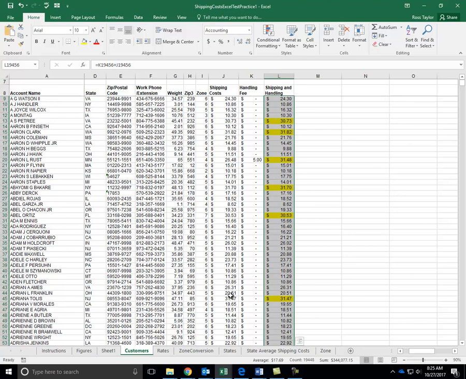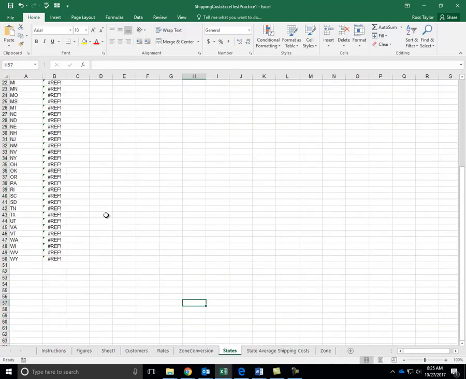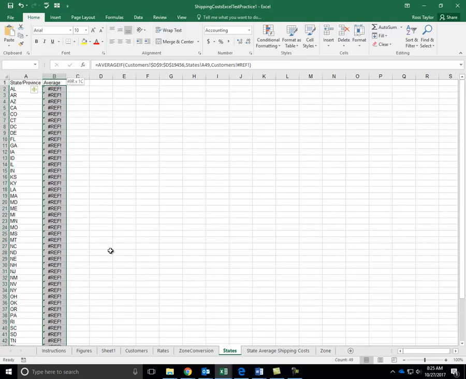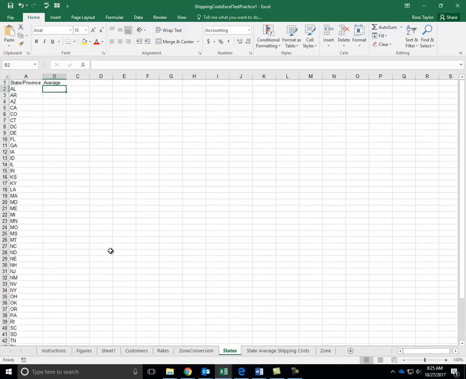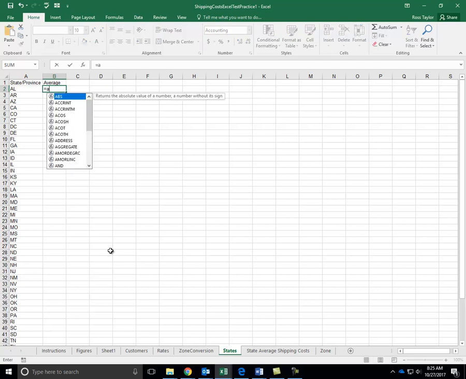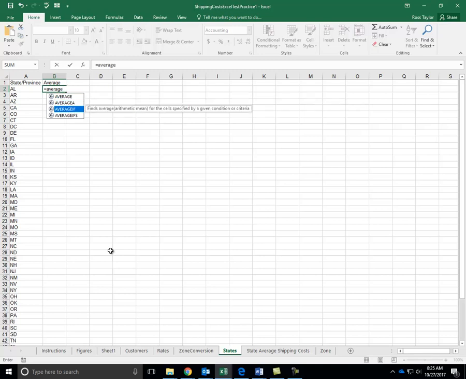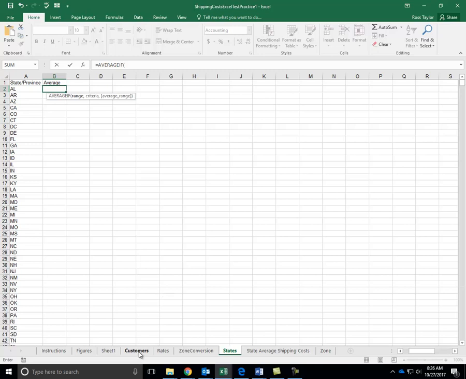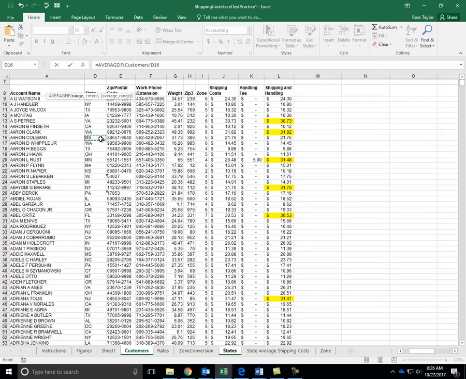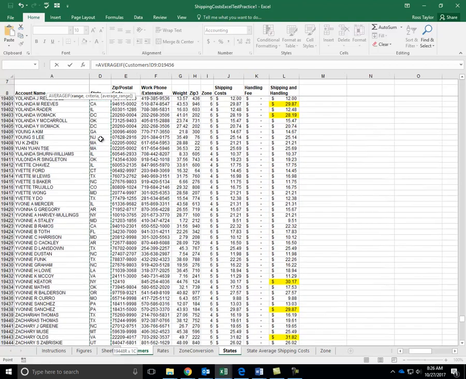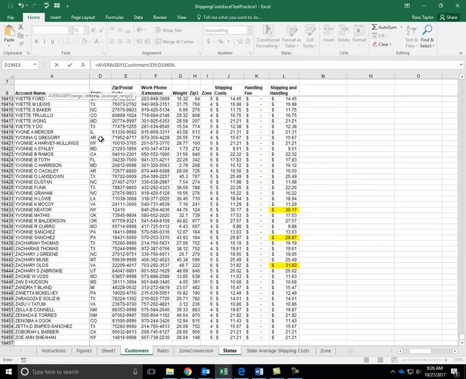What was the average shipping cost for each state? I'm doing that in the states column. I had that worked earlier, but then, okay. So for that, we're looking at average, and I want to do an average if, because I don't want the whole average, I just want the average if a certain criteria are made. And the criteria I'm matching here is the state. Okay. So average if the state equals,